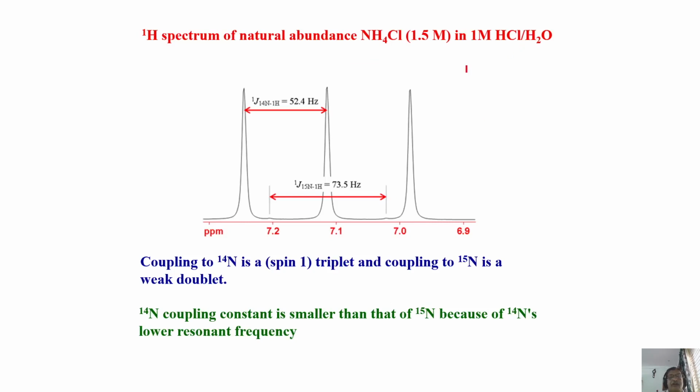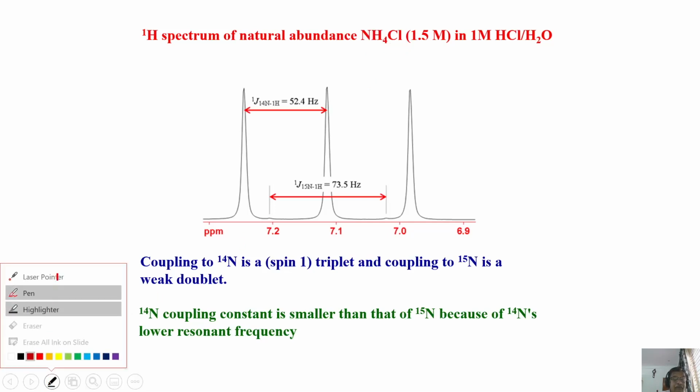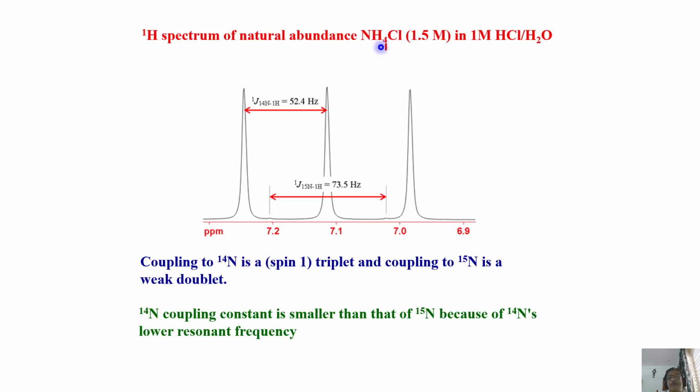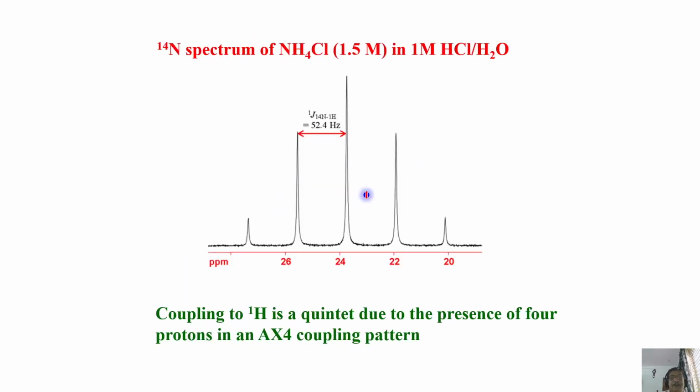So if I look at the proton spectrum of NH4Cl, again you see N14 can couple to the 4 protons of NH4. It gives 3 lines of equal intensity, similar to CDCl3, deuterium coupled to carbon, you know. Similarly, now N14 is coupled to proton, you get three lines of equal intensity. N15 couples to this, and you get small peaks of lower intensity. That is for 15N proton J coupling. So all these things are very easy.